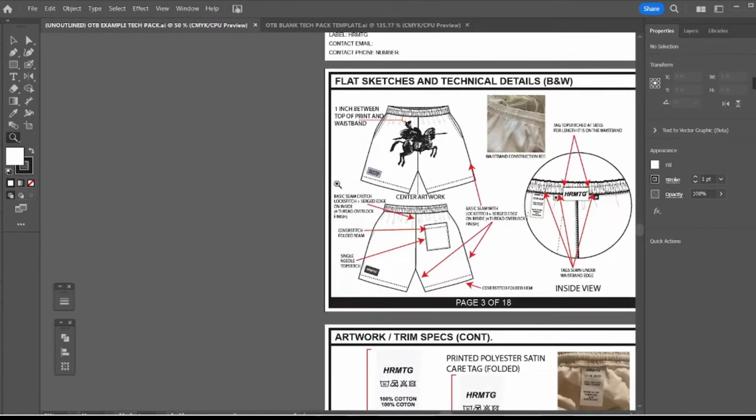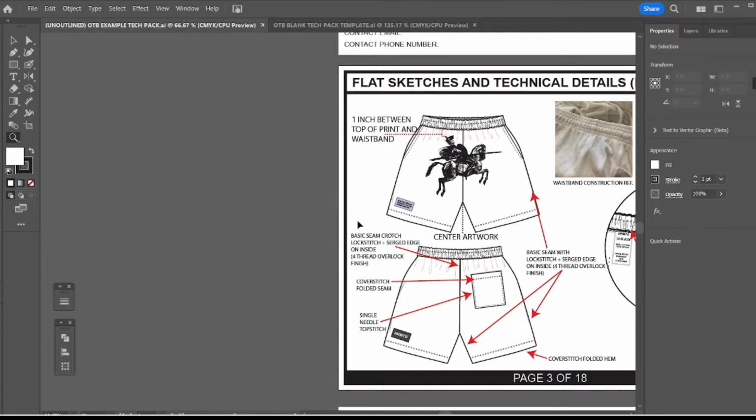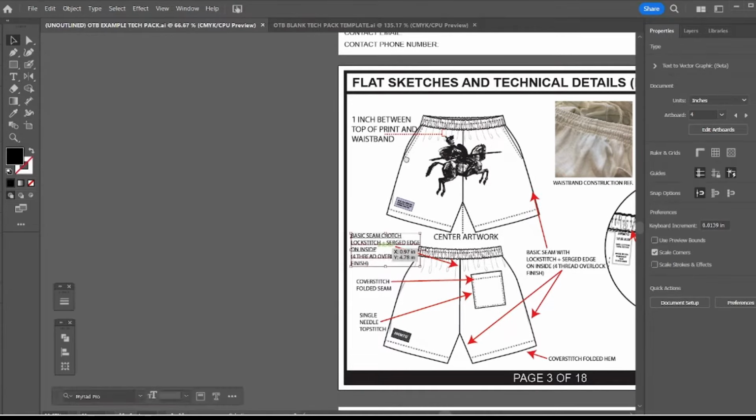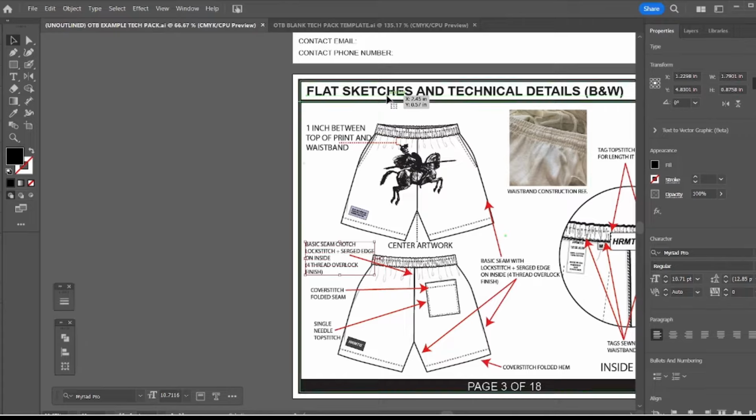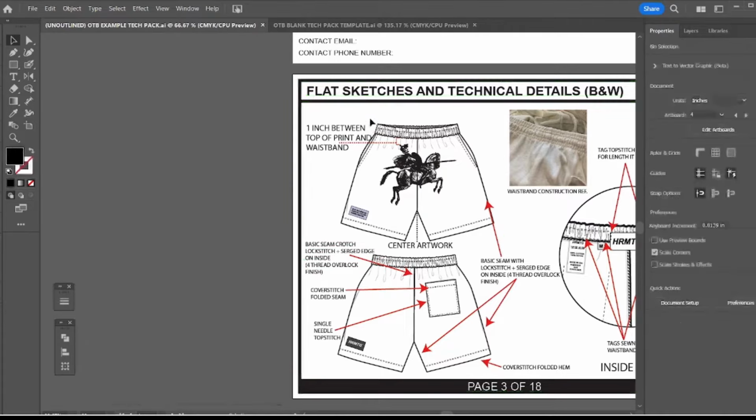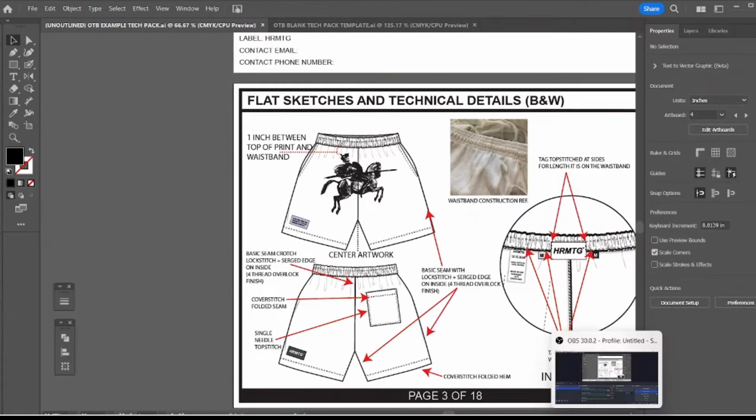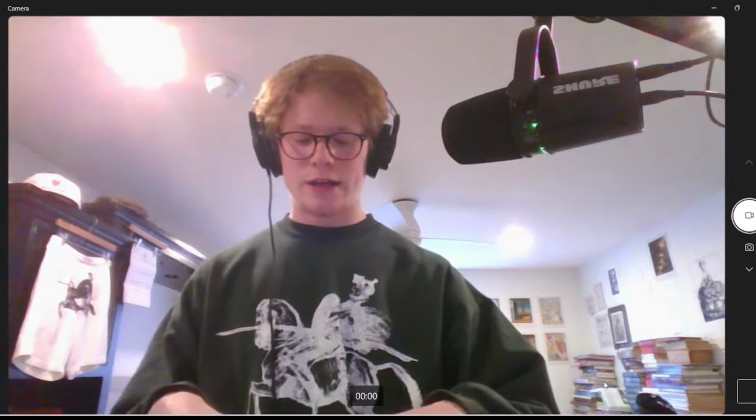Oh, I want to talk about fonts quick too. So you'll notice we have some pretty basic fonts here. I believe this is Myriad Pro and this is Arial. You're going to want to stick to basic fonts, because the more basic a font, the more computers are likely to have it, because you need to,